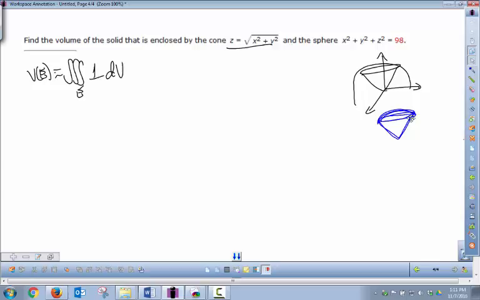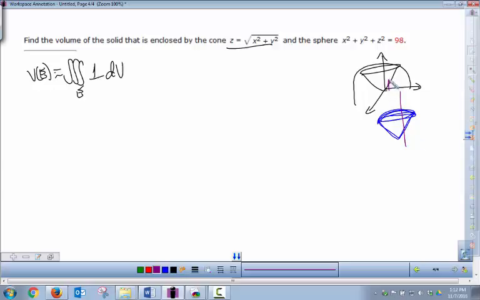So you're doing this in cylindrical coordinates, which means if you integrate with respect to z first, you would draw a line parallel to the z-axis, and you would ask yourself, what z function are you going to get into? And then you'll be inside of the region, and then what z function are you going to get out of? So you're going to enter through the cone,